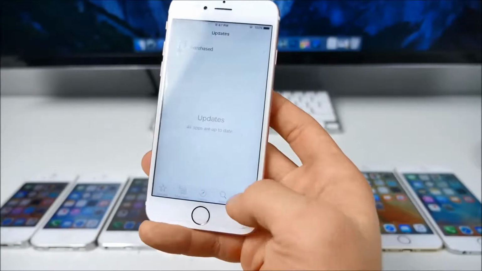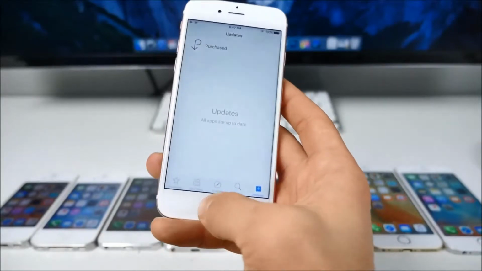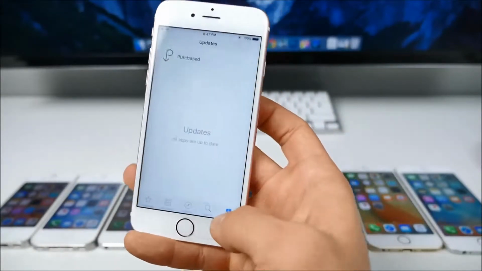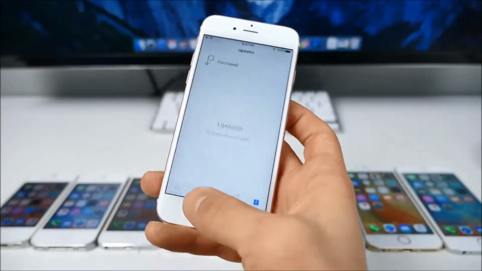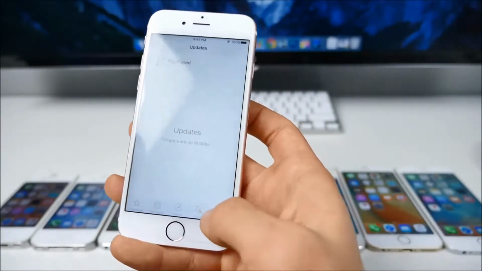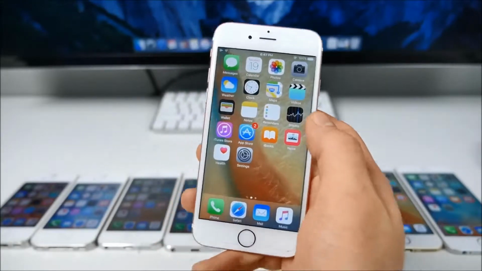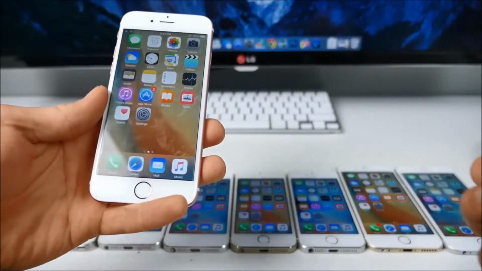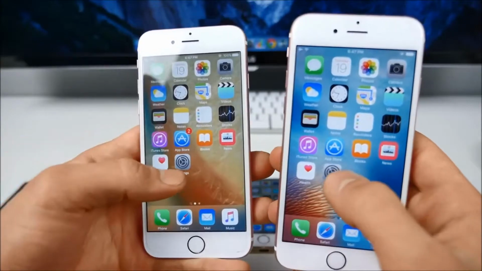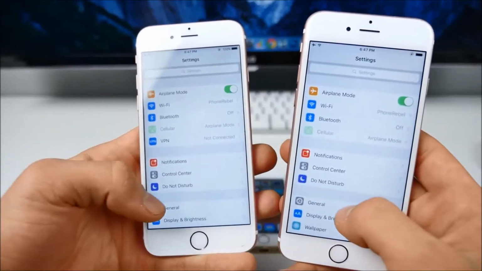Two, I'm having this weird bug on several devices where it shows me I have updates in the App Store and I'm not getting anything in here. And I've tried doing the force reset 10 times. Lastly, I wanted to say I was noticing a huge performance downgrade on 9.2.1 in the sub-menus on